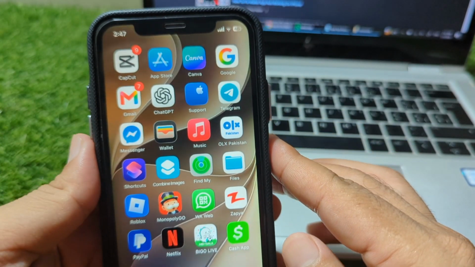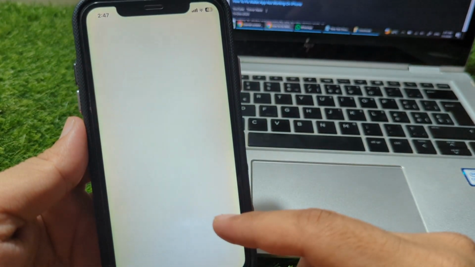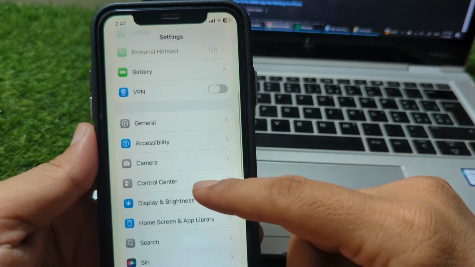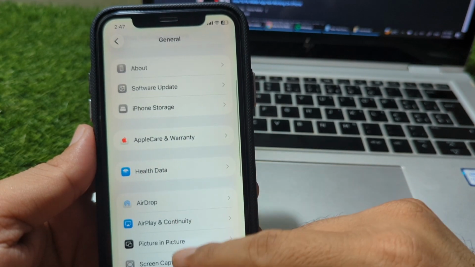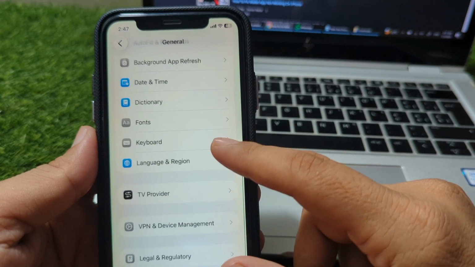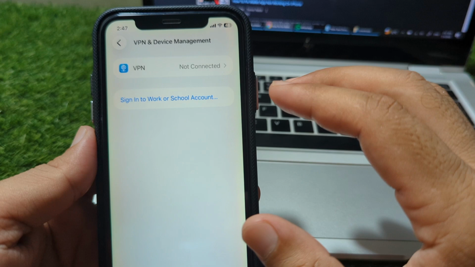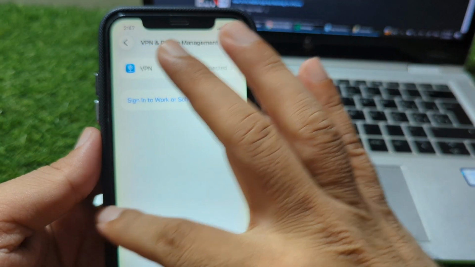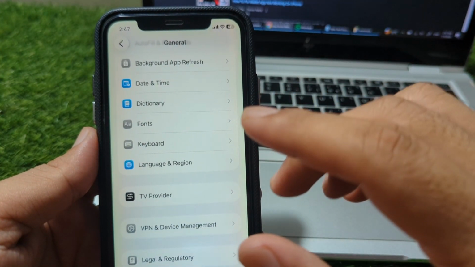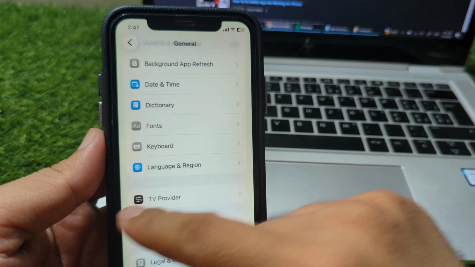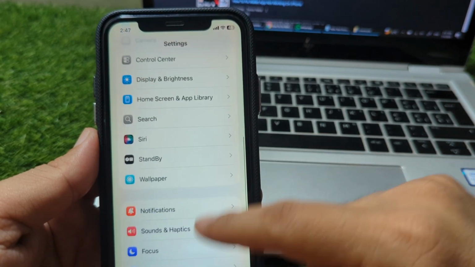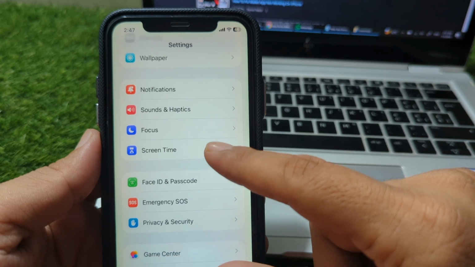So guys, the solution is very simple. You have to simply open settings on your device and then scroll down and go to General, then scroll down and go to VPN and Device Management and make sure that there is no connected VPN. Again, go back and go to Language and Region and tap on Country Region and select your country or region correctly. After this, go back and scroll all the way down and go to Screen Time,